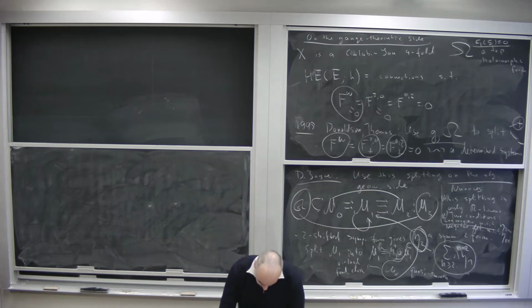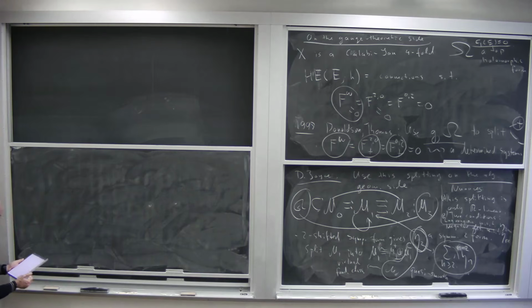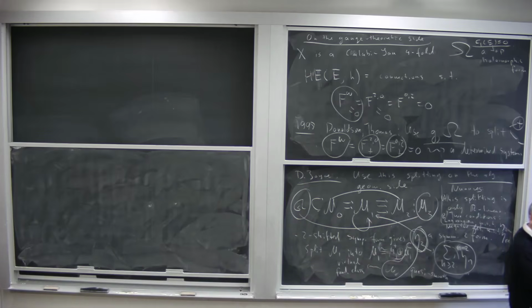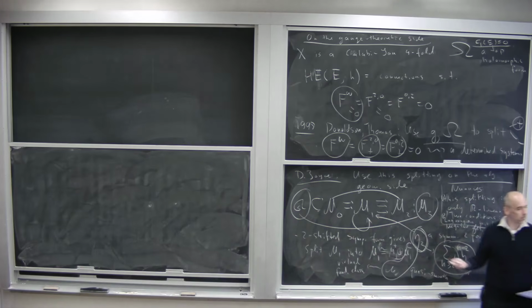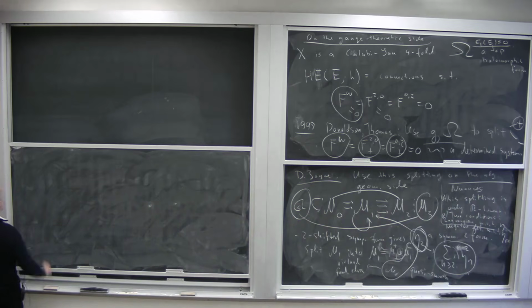Okay, so let's try to bring things back, and so we have a contribution from the gauge theory by splitting there. Let's move to the derived version, the derived structure, because here the situation is so simple. Can we try to reproduce the same kind of thing there? Because somehow the idea came from the Donaldson-Thomas paper. Let's see what the idea was. The idea, of course, is based on this exceptional isomorphism,